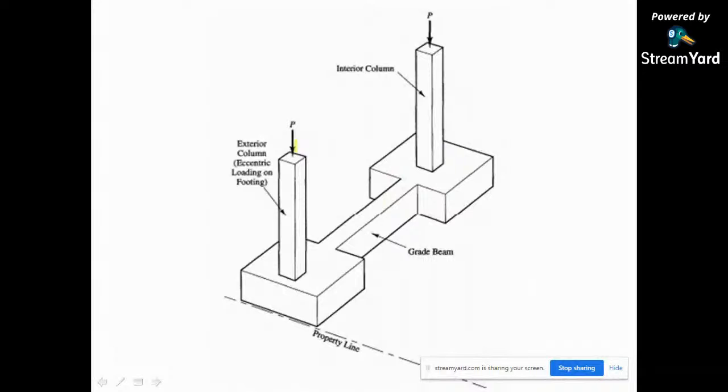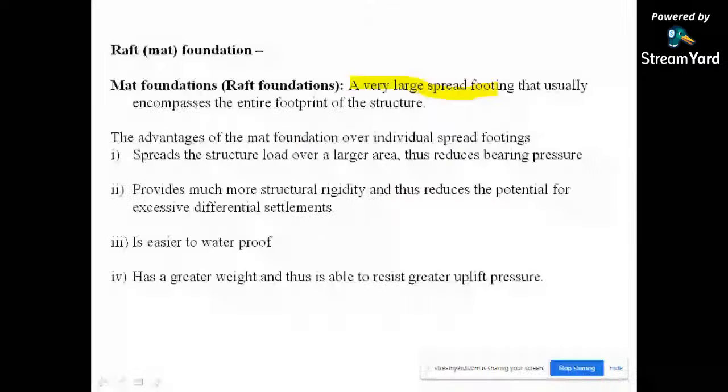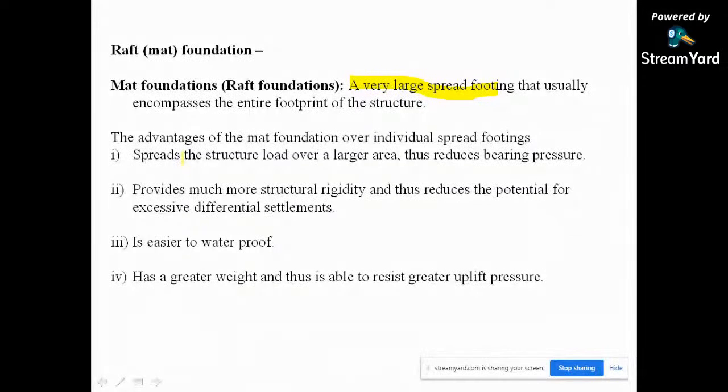Mat or raft foundation. Mat foundations, raft foundations are very large and encompass the entire foundation over individual spread footing. They spread the structure load over a larger area, thus reducing bearing pressure, providing much more structural rigidity, and thus reducing the potential for excessive differential settlements. They are easy to waterproof, have greater weight, and thus are able to resist greater